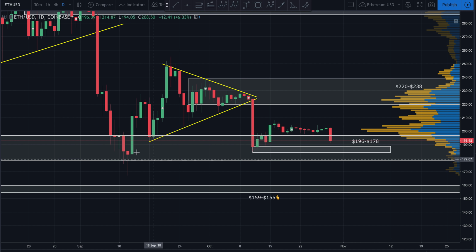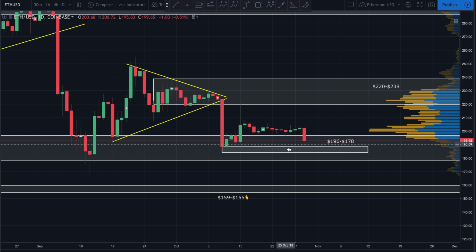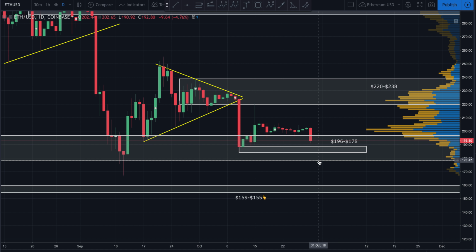This could not be more of a textbook reversal candlestick pattern, as we saw right back here on what was that, September the 12th. So that's the kind of candle I'd like to see. I'd like to see price come back down, have that very strong reversal candle, and then get a nice follow through, as we had back on September the 12th, guys. But yeah, this is the area I would consider possibly a small amount of my fiat, but I would have fiat on the side again, knowing that if Bitcoin breaks down, Ethereum is going to break down along with it.